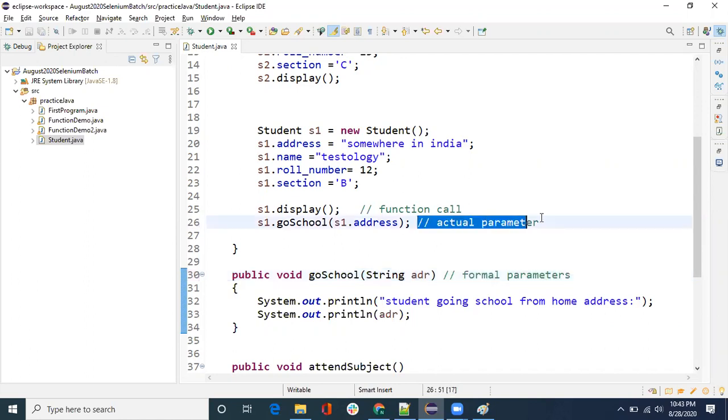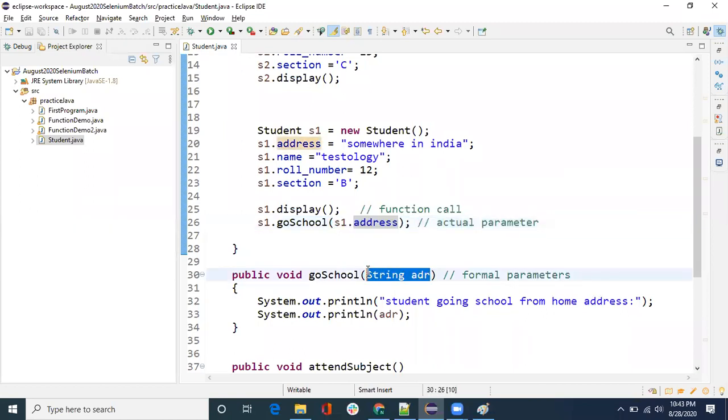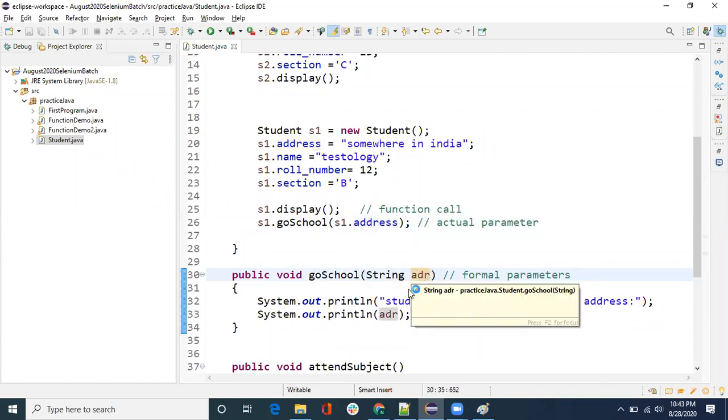You should just understand this, and it's logical, right? This is the actual thing which you are passing, correct? And this is just a formal thing, and this is a local variable to this function. It's a kind of local variable. Nobody knows